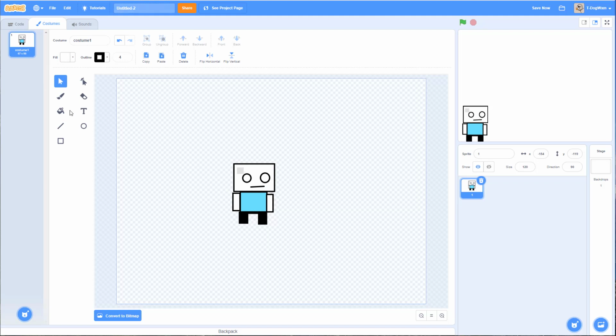You can also obviously name the costume. If you name it 1, then the next ones will be the next number, and if you named it A, the next one would be B, like the alphabet. You obviously want to save your project just to make sure that your character is saved. If you just turn off your device, you obviously could do any extra detail, for example getting the color of maybe their shirt